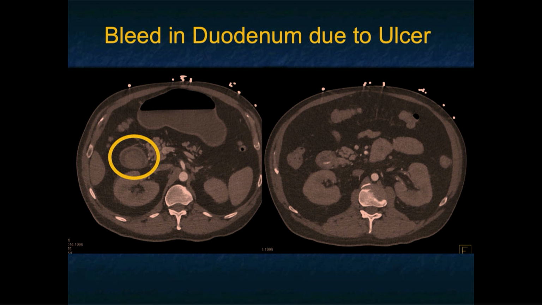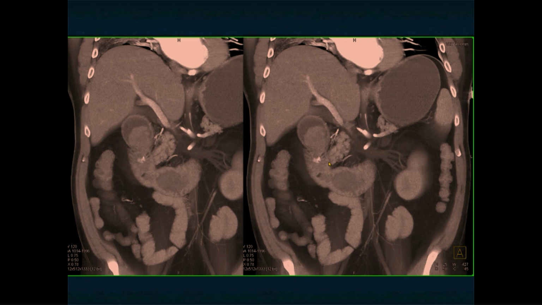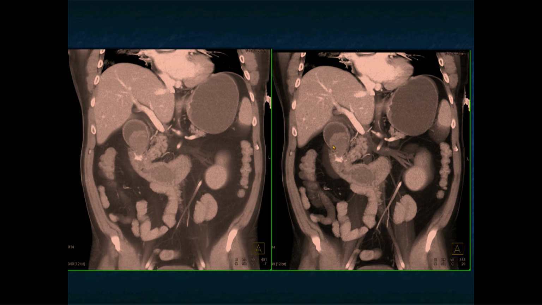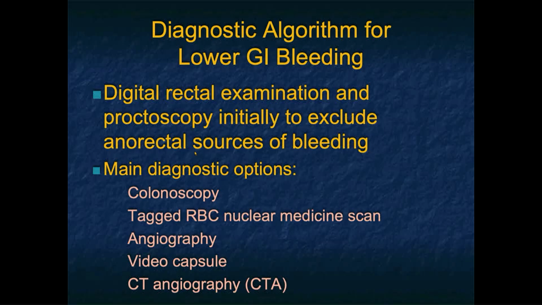Another example of that would be this case. Here's the duodenum. You see high density fluid, so you know there's a bleed, and here's the site of bleeding. As you go to the coronal view, and this is with volume rendering, there's the blood, second through third portion of duodenum. There's the site of active bleeding, which you can see here nicely as well. So again, one of the ways of making certain you don't miss a site of bleeding is just doing multiple